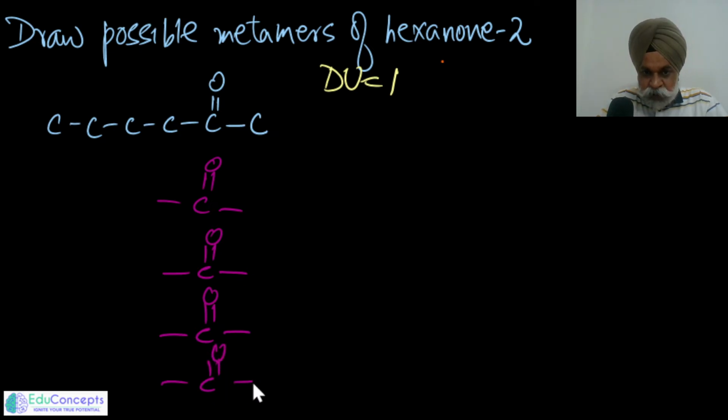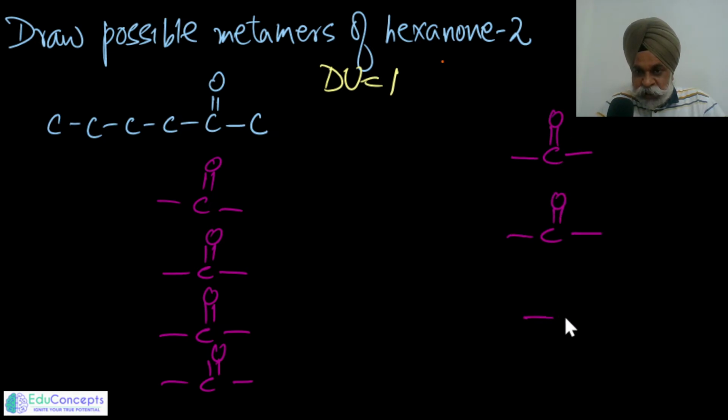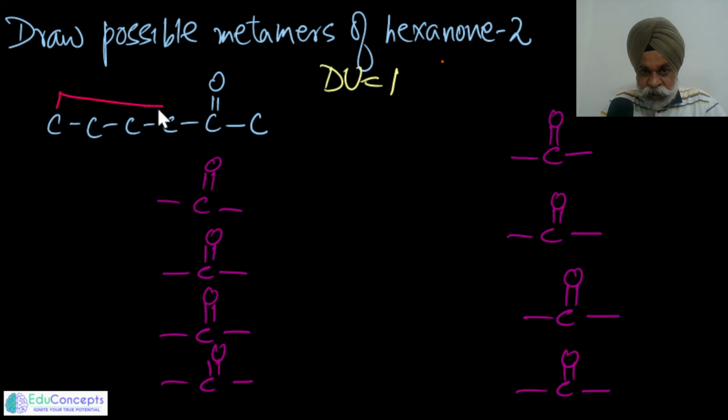So what I am going to do is I randomly write a few CO groups like this first, so that there would not be any confusion. I just have written all these for you. Now here you have 4 carbon atoms, here you have methyl. So on this side I kept methyl as such, let's say, and try to see if I could create more